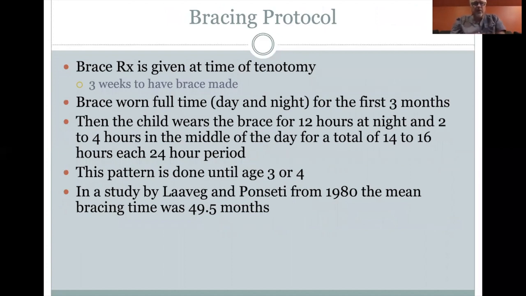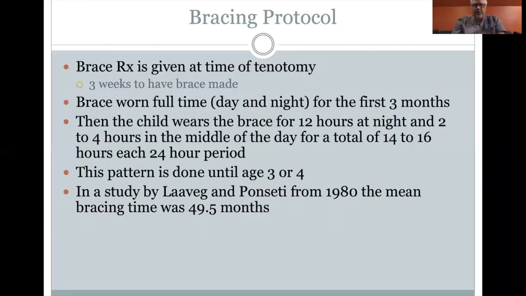Bracing is very important. The brace is prescribed at the time of the tenotomy. You're going to order your brace. That last cast is on for 3 weeks, so you need some time to get the brace in. Initially, the brace is worn full-time, day and night, for the first 3 months, except for when the child is bathing. Then the child wears the brace basically for nights and naps after that time period until approximately age 3 to 4. And a study by Ponseti and his group in 1980 showed the mean bracing time